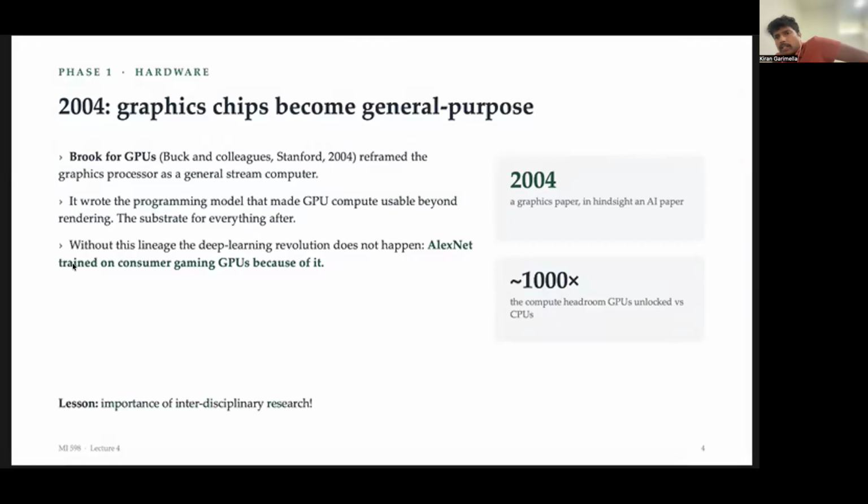So here, at least for me, I don't know if you agree, the important takeaway is this interdisciplinary research. These were people in gaming, working on computer vision and graphics processing. They took that and applied it to show that you could take these streams of data and process them there. Then people from deep learning, computer science, and computer vision.